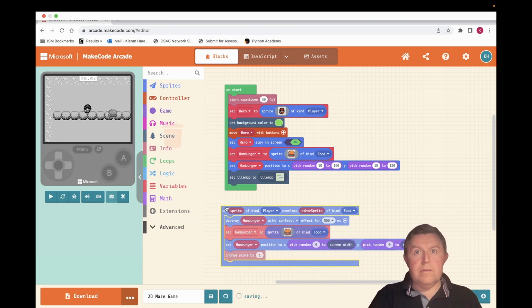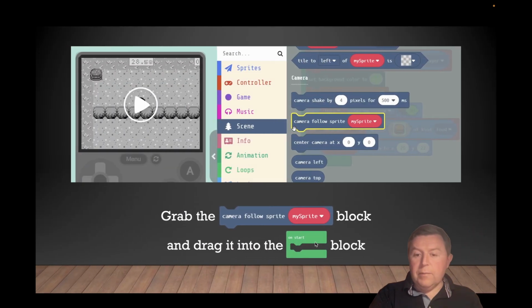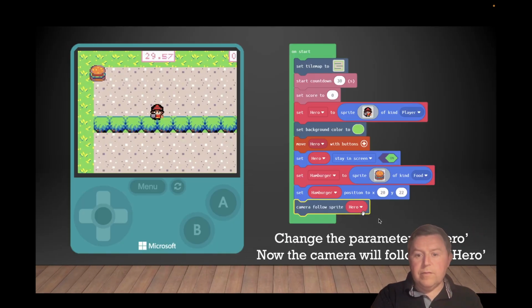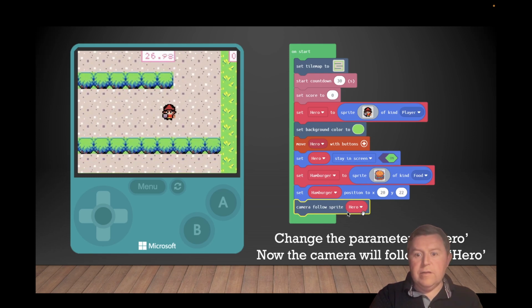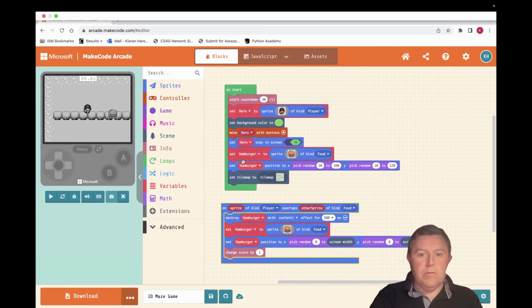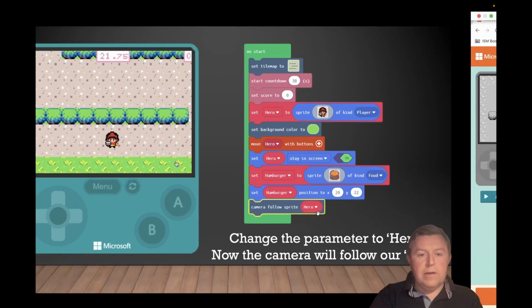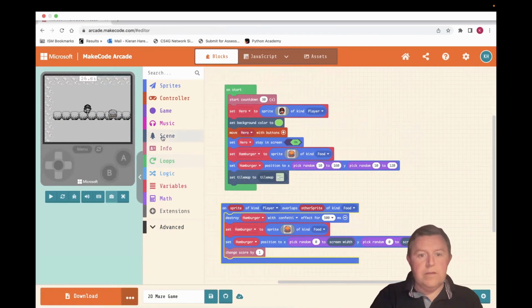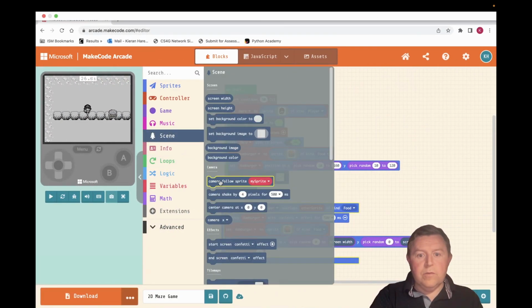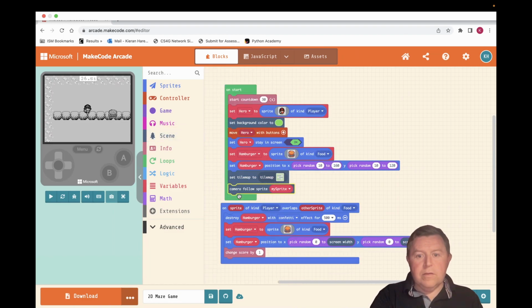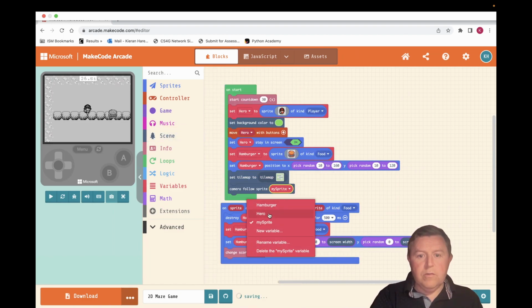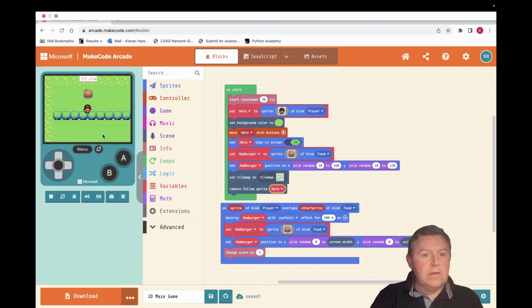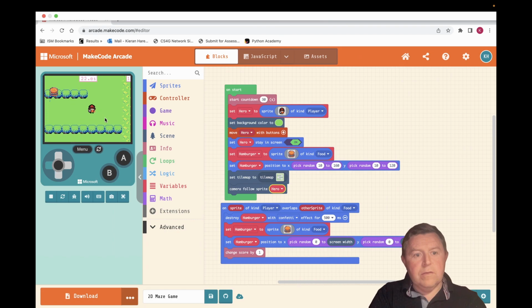Okay, just move that to one side there. So we're going to follow that sprite, and we make sure that it's set to hero, that we are following the hero. Okay, and that's going to be in the scene section as well. So we'll go into scene, and we want camera follow sprite. We're going to make sure it's set to hero, like so. It should be correct. There we go. So now when we move the character, it